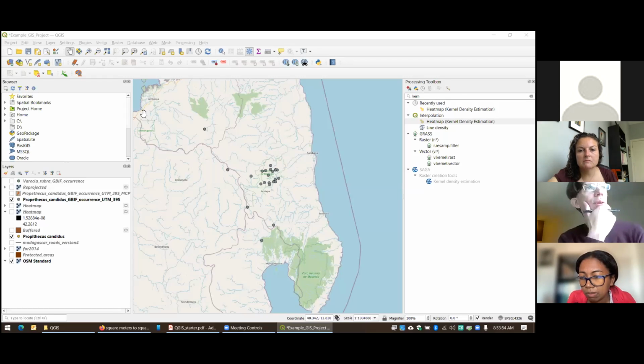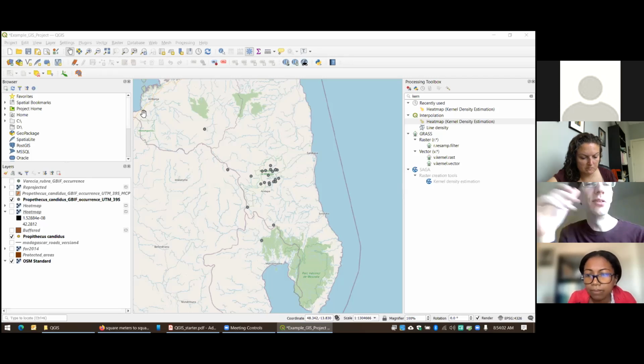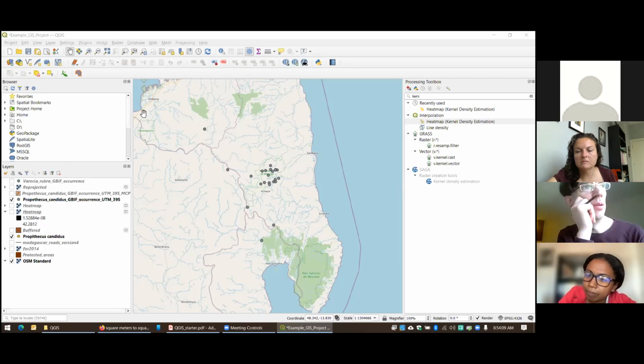So I believe it has to do with, and this is something I apologize, I don't have an answer for right now. But the reason that we got slightly different results, I believe, has to do with issues in the projection. So it's calculating the areas slightly differently because of the differences in geometric versus planar.